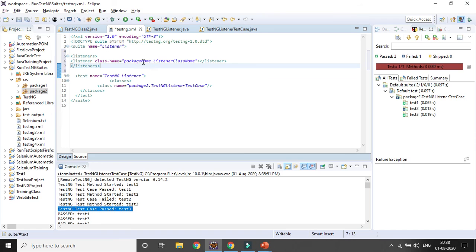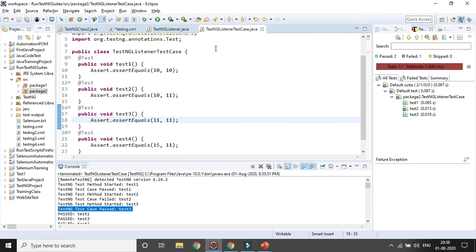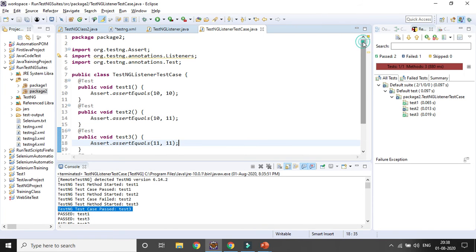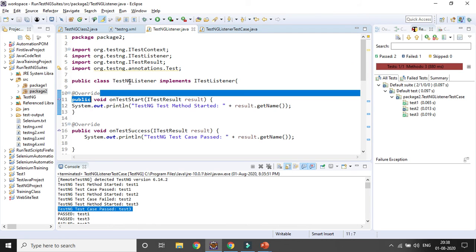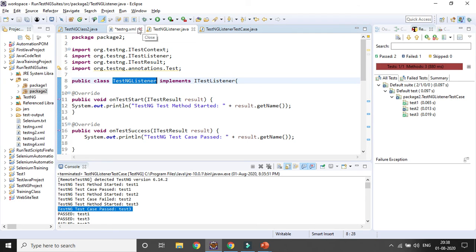Here you need to change it to package name dot class name. What is the package name here? Sorry, the package name is package2. So I will change it to the package name, and I need to provide the listener class name from here.